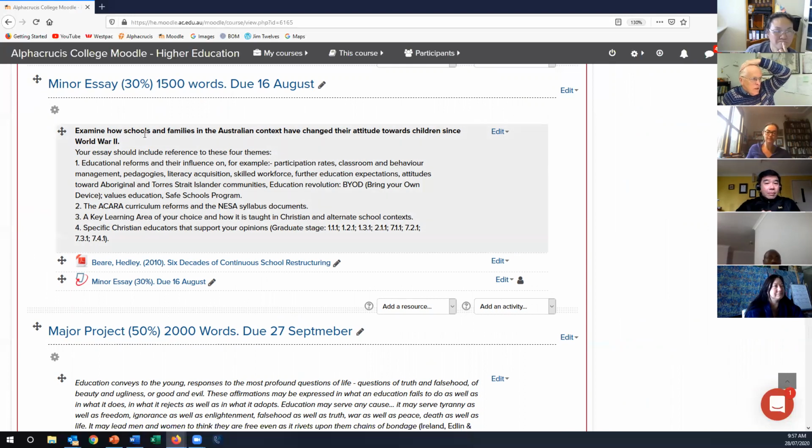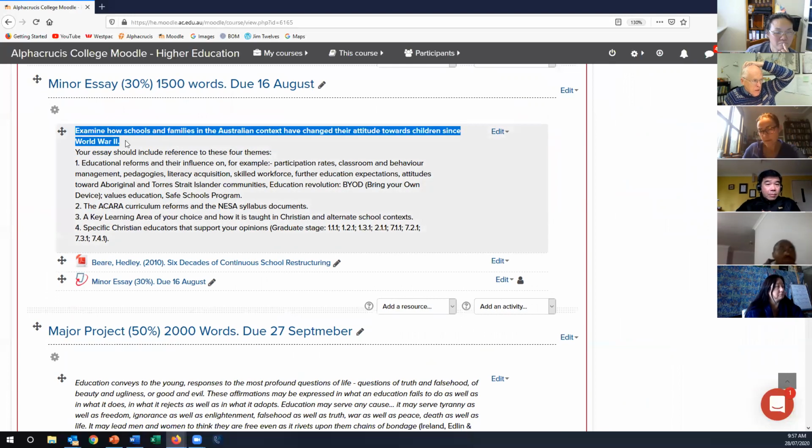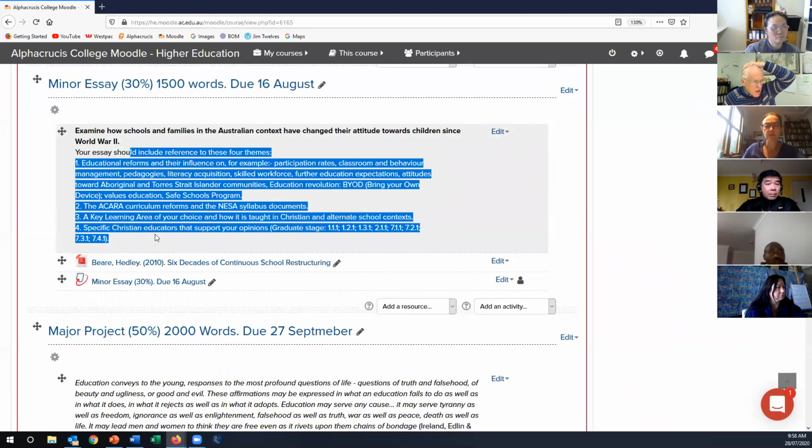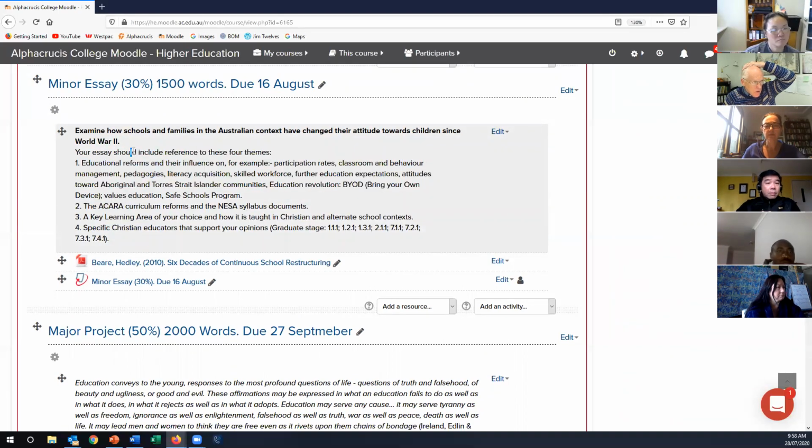It's a bit of a long title, and I think the bold words are the most important thing, what I've just highlighted there, not the stuff that comes after. That is by far less important. That's arguably scaffolding. So let's talk about: examine how schools and families in the Australian context have changed their attitude towards children since